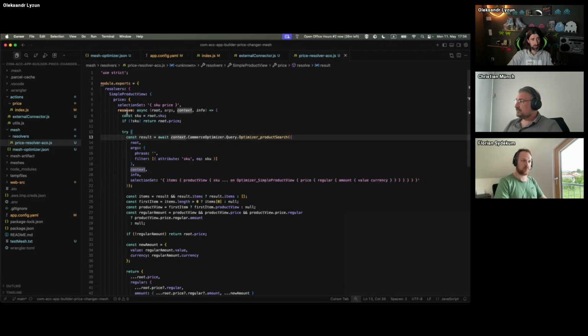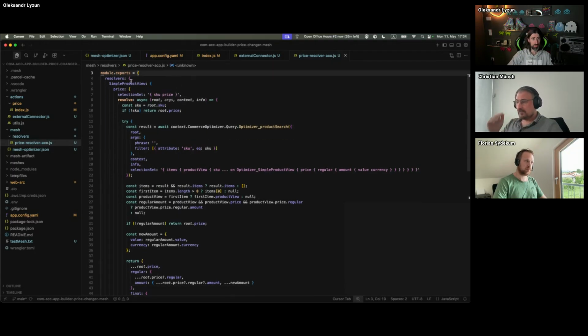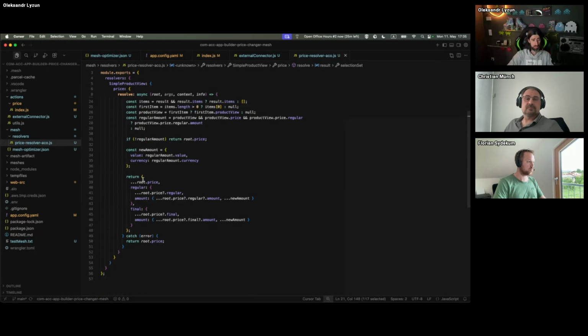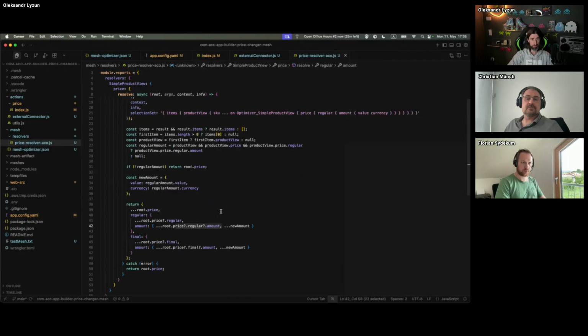When we have a selection of the product, so when the simple product view is being requested from Adobe Commerce, we're fetching the price from our Optimizer product source. So we're fetching the prices from Adobe Commerce Optimizer instead of the standard ones, and then just returning them by the schema. The standard Adobe Commerce has a regular amount, and we're returning the values which we received from Adobe Commerce Optimizer instead. So we're not using Adobe Commerce prices.